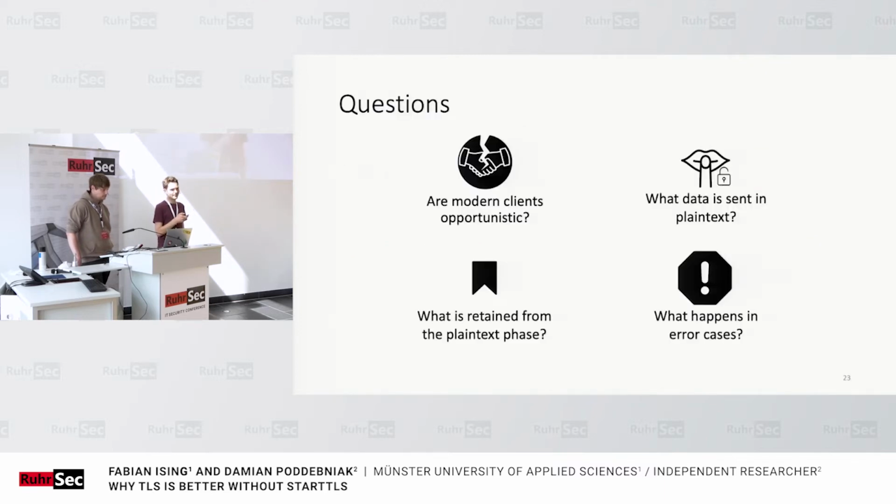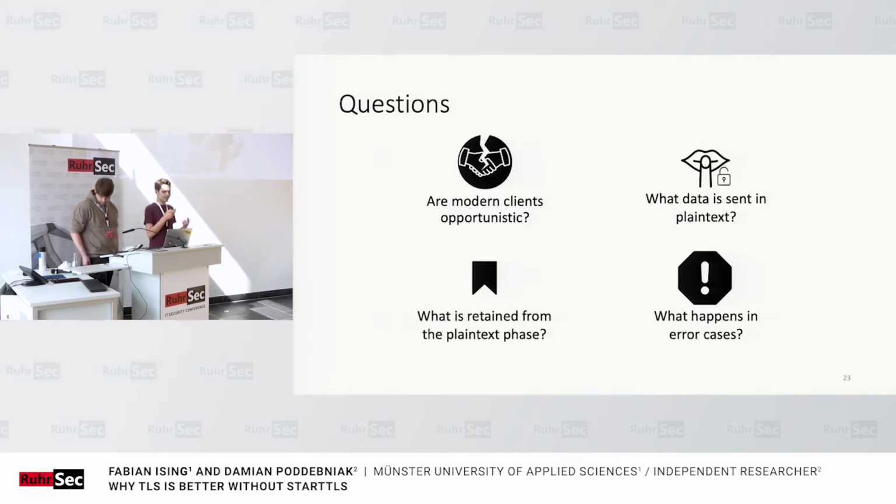All right, let's slow down a bit and take a look at the research. During our talk, we will consider 4 questions regarding STARTTLS. First, we wanted to find out if modern clients are still opportunistic in their use of STARTTLS, and will fall back to plain text if it's not available. If that would be the case, an attacker could simply use one of the well-known STARTTLS stripping attacks, like the one I've shown you before, to force a client to send sensitive data in plain text. In that case, there would really not be much to be learned here. So let's assume for now that that is not the case.